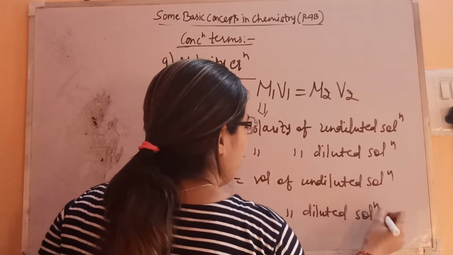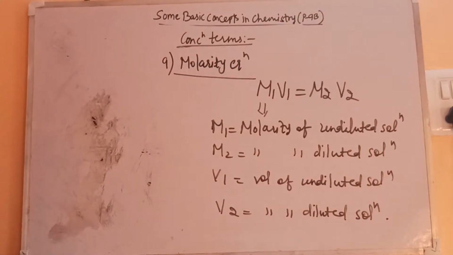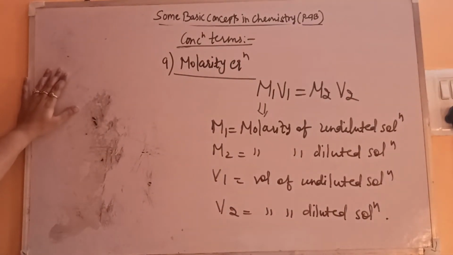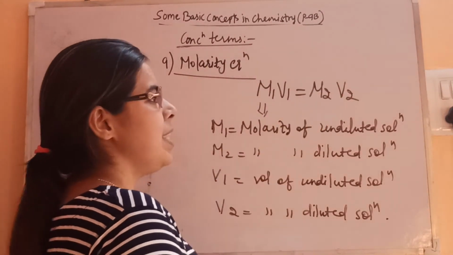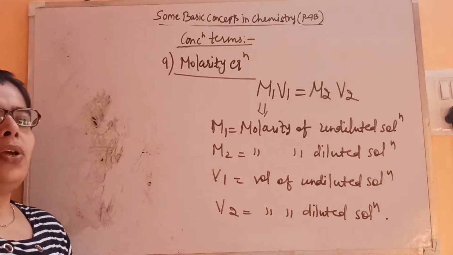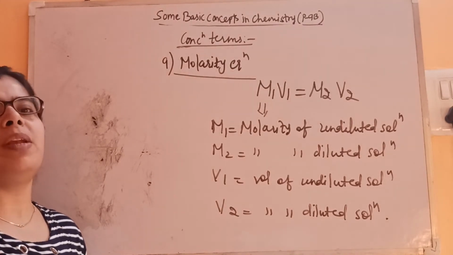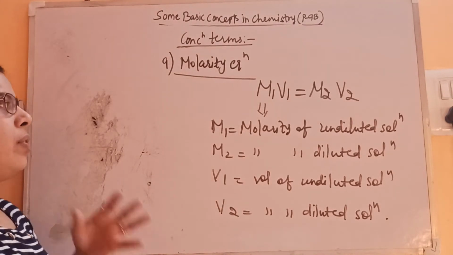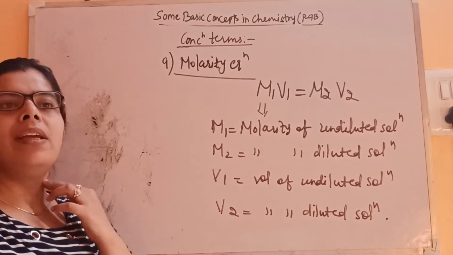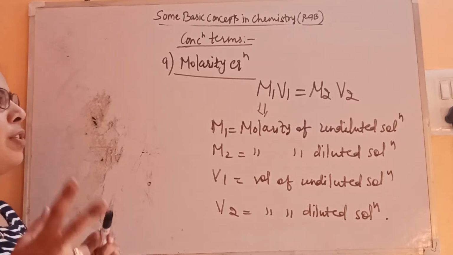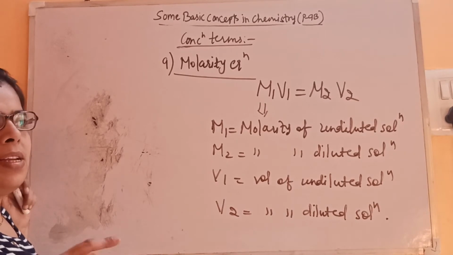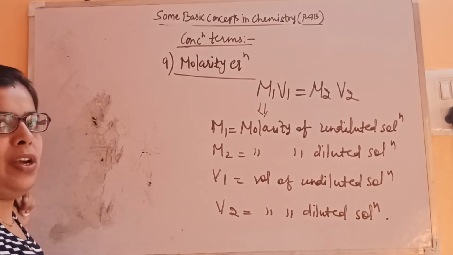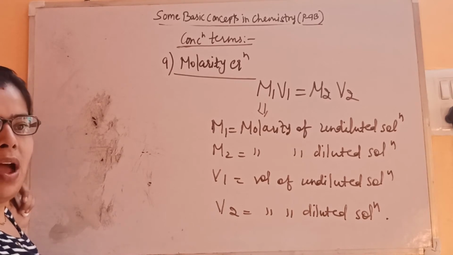Now what is the meaning of this and when do we have to use this molarity equation? As the equation is M1 V1 is equal to M2 V2. Basically it's about two solutions, two different solutions having different molarity. Then how do we find the volume of the other solution? Two different solutions but of the same reactant. It doesn't work if you take another reactant. No, you have to take the same reactant.